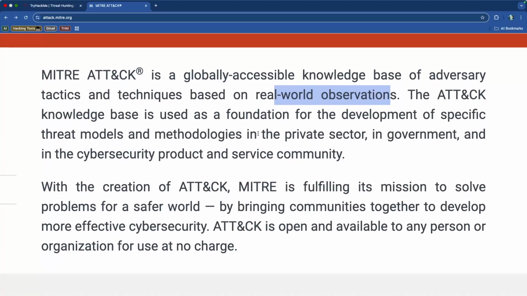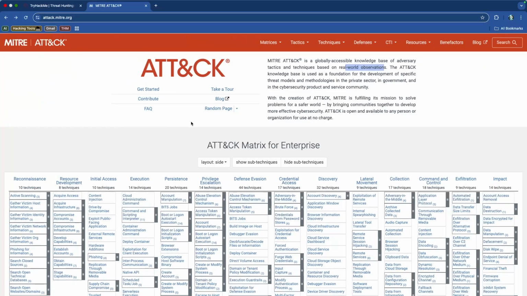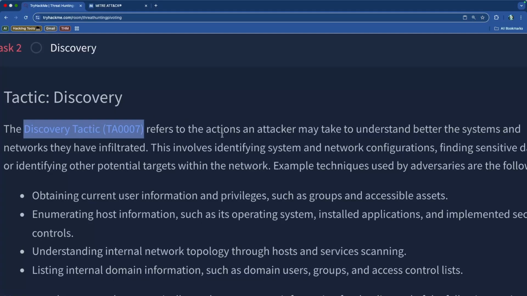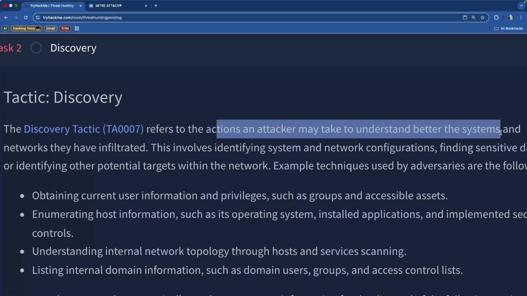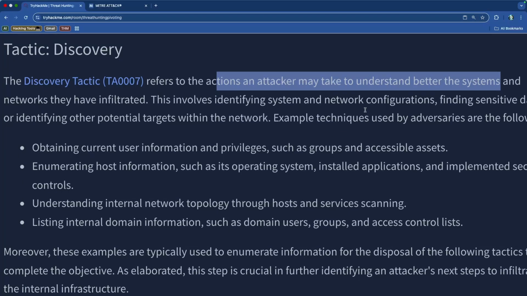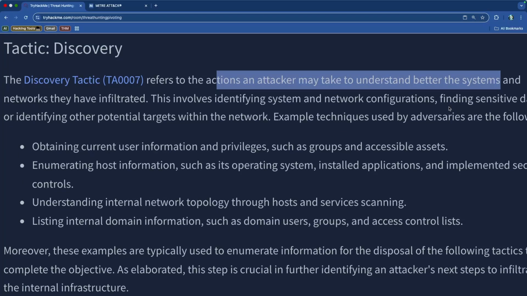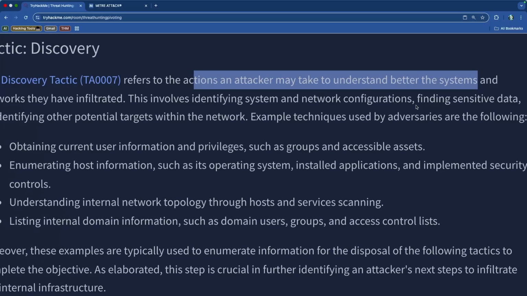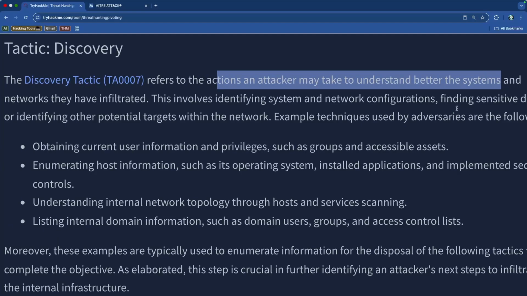And I've gone through this already. There's videos that have been dedicated to MITRE ATT&CK, so I'm not going to spend the entire time trying to introduce you to it. It's just that we need to know where this information is coming from and what we're referencing. So it refers to the actions that an attacker may take to understand better the systems and networks that they have infiltrated. This involves identifying systems and network configurations, finding sensitive data, or identifying the potential targets within the